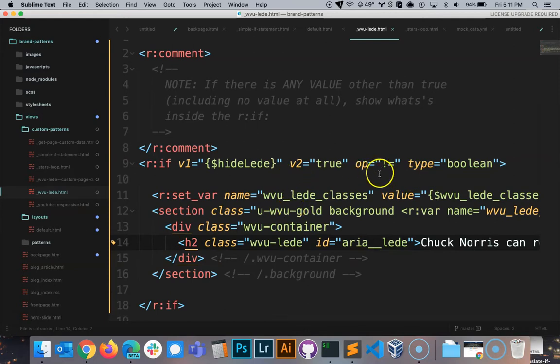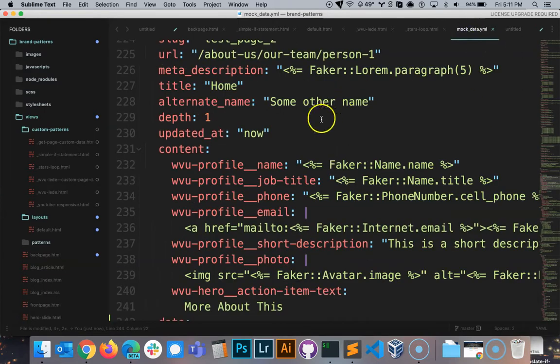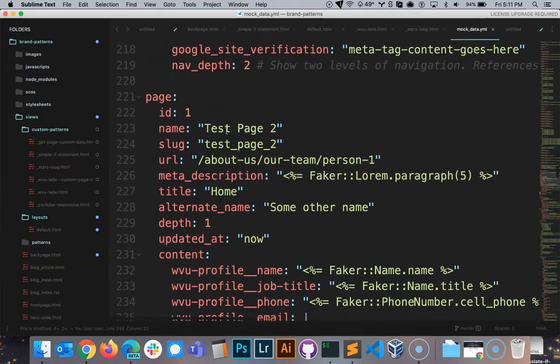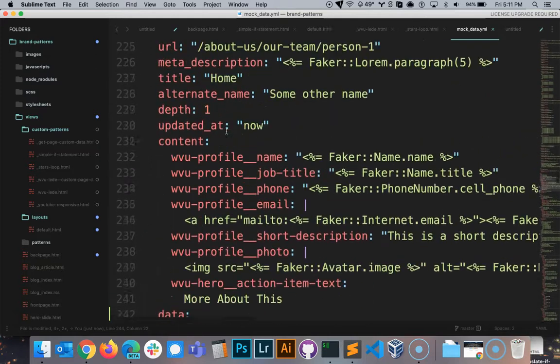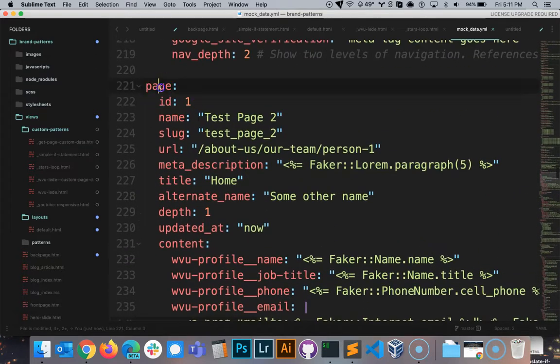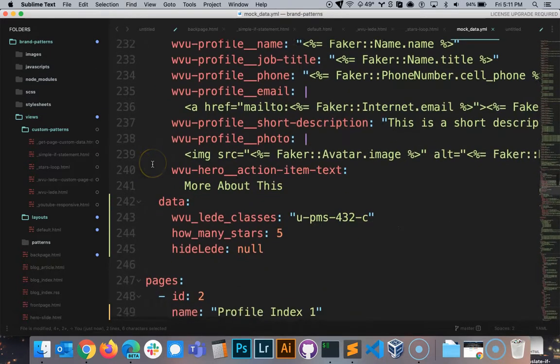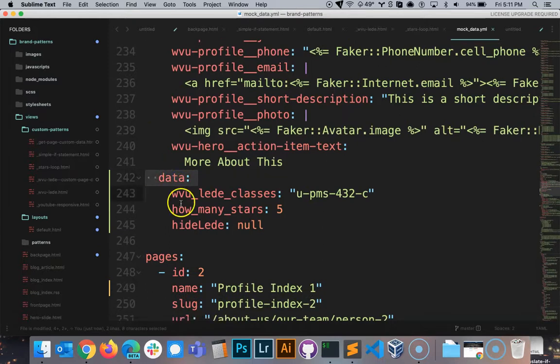What I can do is say, okay, should I hide this lead? If it's not equal to true, I'm going to show it. So I'm essentially showing this by default. And we can change how this functions by changing the values we set for our custom page data inside our mock data file. So if I open up my mock data file, you'll notice I have this page key right here, and then further down I have this data key, and then I have this hide lead custom data attribute,